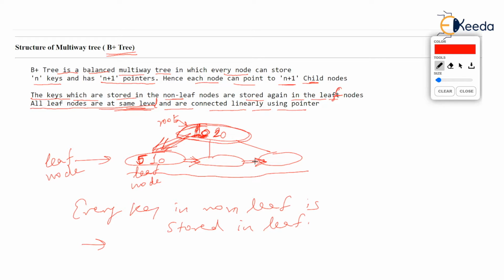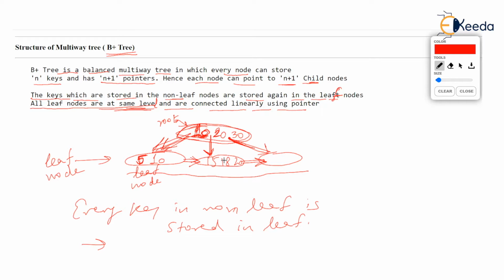What about 20? You watch, 20 is also in the non-leaf node, but we should store 20 again. Then 20 will go to the left pointer, left of 20, wherever it is pointing. You watch that this pointer is left of 20. Then 20 will be stored in this leaf node, which I am pointing to. Suppose this leaf node is already storing 15 and 18, then it will store 20 also. Let's say that there is a value like 30, then 30 is left over here. 30 is left wherever it is pointing, that node will again store 30.